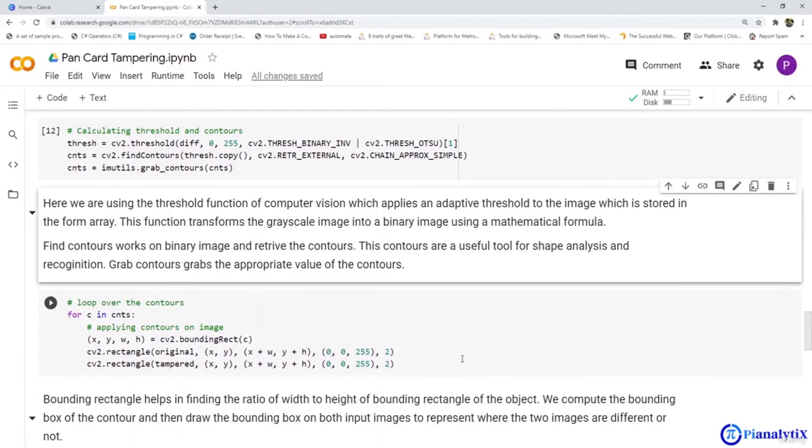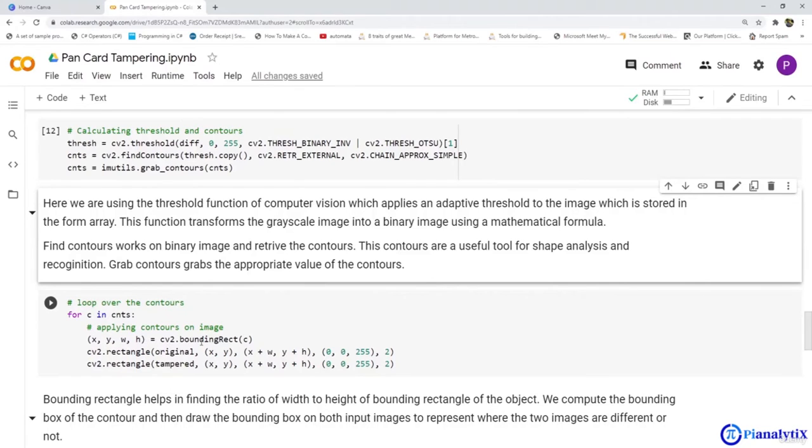So the next step will be creating a bounding rectangle of the image. To create a bounding rectangle, we need to use the contours. So we are looping over the contours we have stored in cnts, and we are creating a cv2.rectangle over the image using this function. In this loop, as you can see, we loop for c in contours, and we are using x, y, width and height.